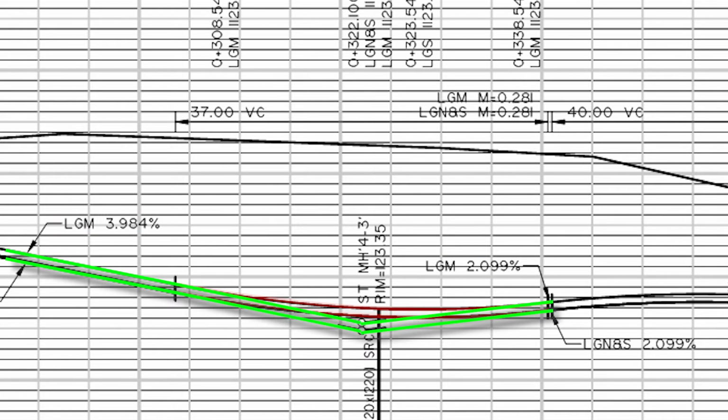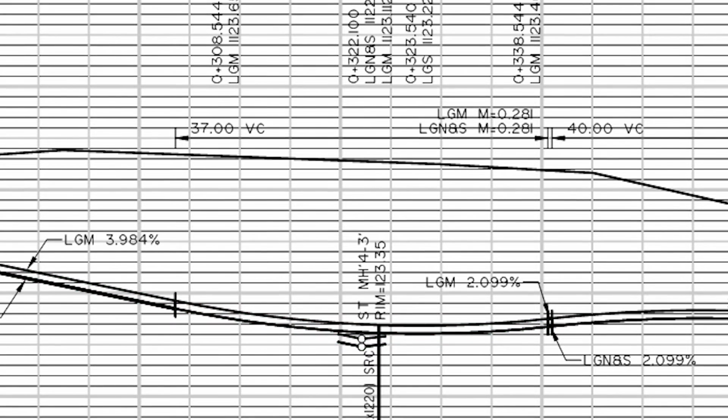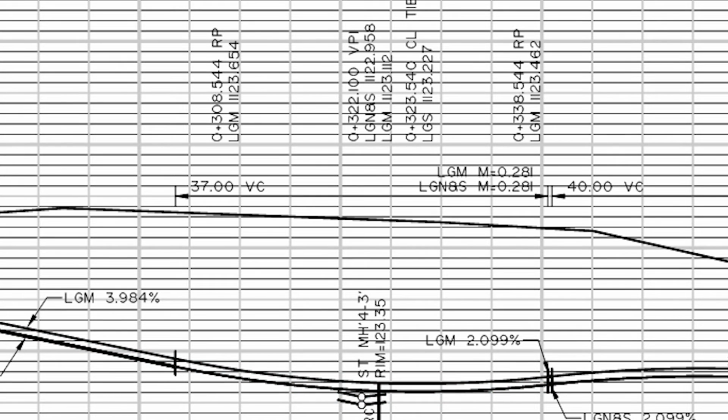How this is drawn on the plan is as follows. This is where the info above the profile comes into play. The plan will state the station of the VPI as well as the elevation. Note, this is the elevation of the VPI, not the lip of gutter at the VPI. Some plans will show the lip of gutter elevation as well. The length of the vertical curve is also listed. This will show where the vertical curve starts and stops, and corresponds with the hash marks on the lip of